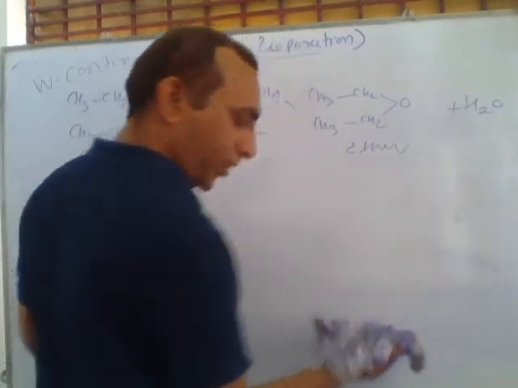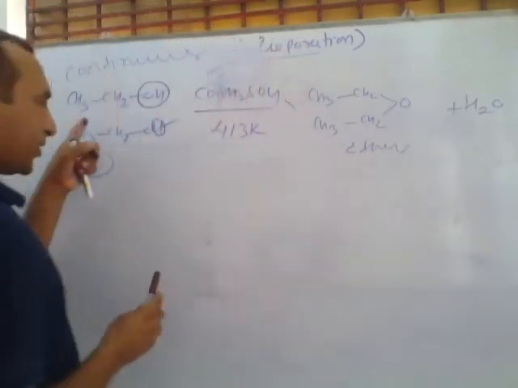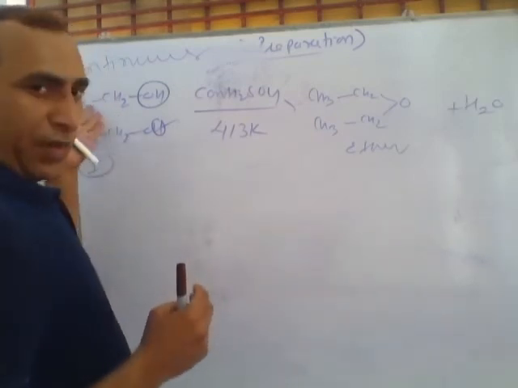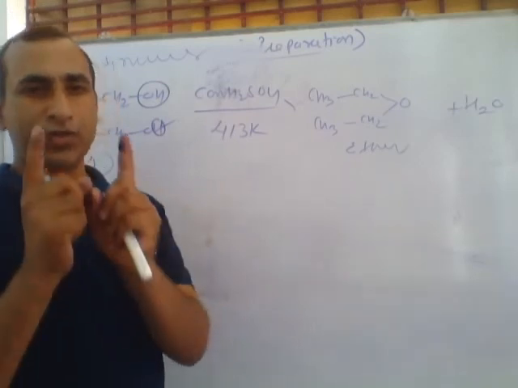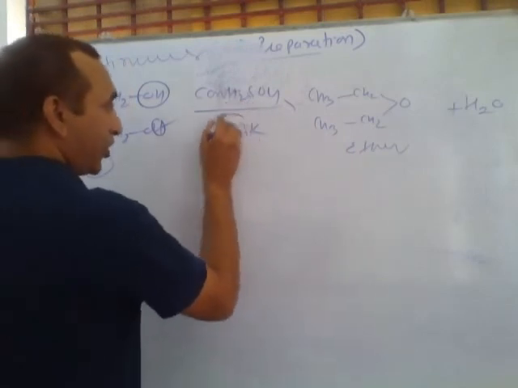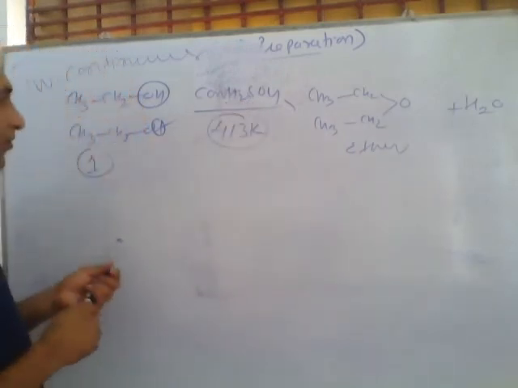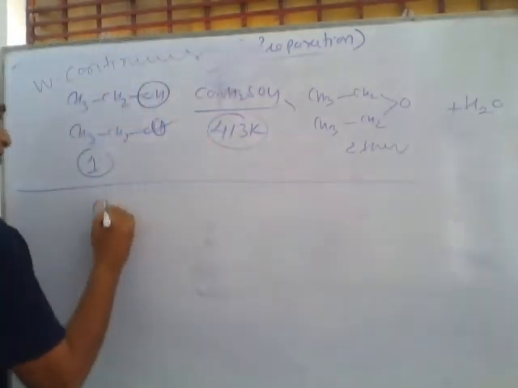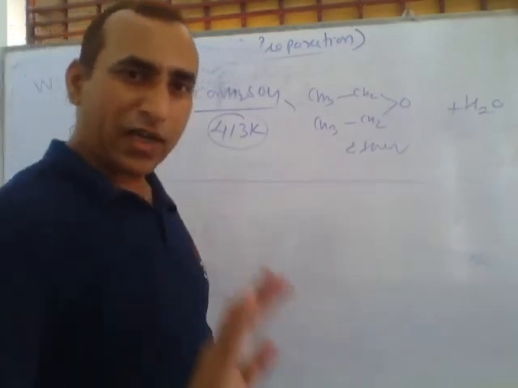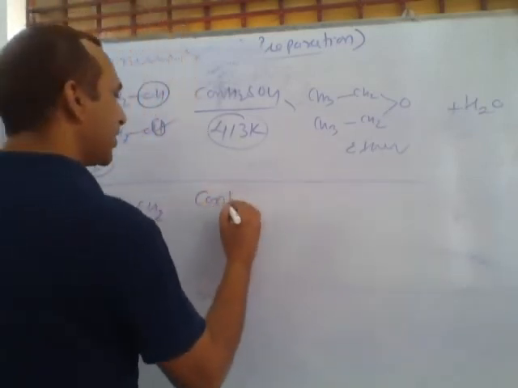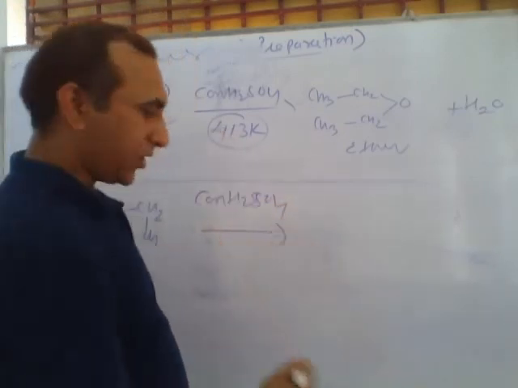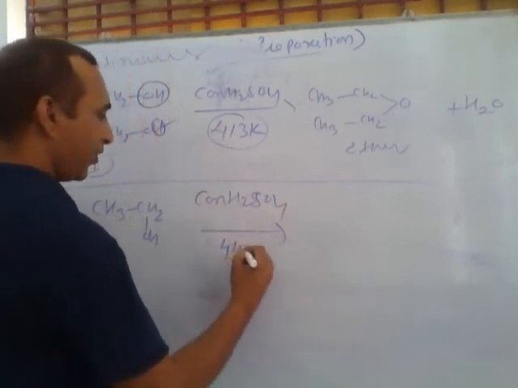And one third important piece of information. What was first? First, the alcohol should be primary. Second, we can't use a mixture of two different types of alcohols. We use only the same category of alcohol. And third, most important, is temperature. If we are using primary alcohol, the same type of alcohol, only ethyl alcohol molecules, and we are using concentrated sulfuric acid, but the third important thing is that we increase the temperature and heat this compound to 443 Kelvin.